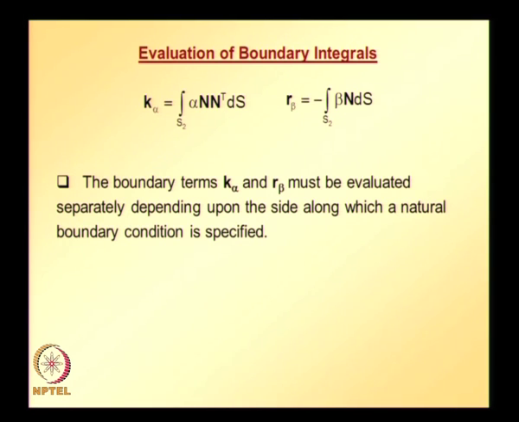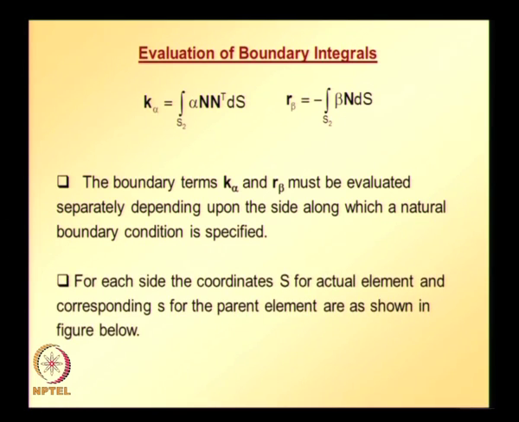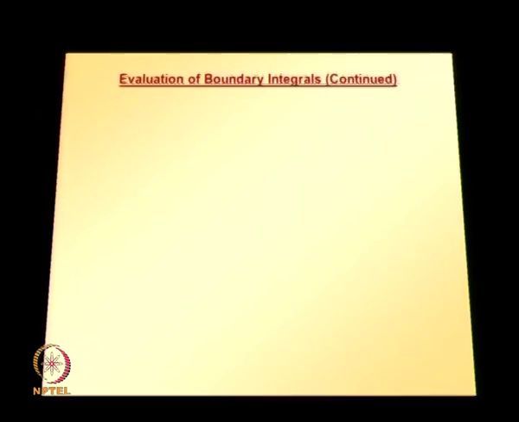This we already discussed when we were looking at the 4 node quadrilateral element, and for each side, the coordinates s for the actual element and the corresponding small s for the parent element, we need to find the relation also, and they are shown here,